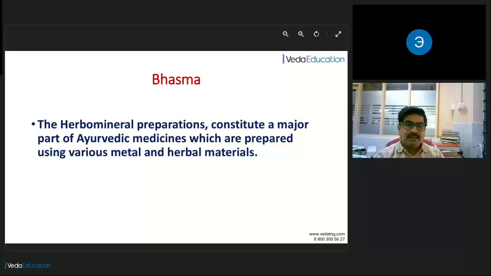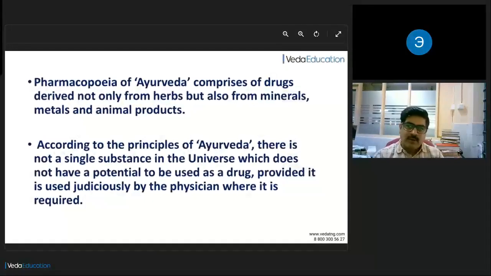Okay? The herbo-mineral preparations constitute a major part of Ayurvedic medicine, which are prepared using various metals as well as herbal material. Okay? So actually, the pharmacopoeia, or the book which is the authentic textbook related to Ayurveda,